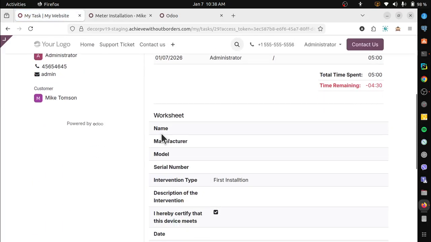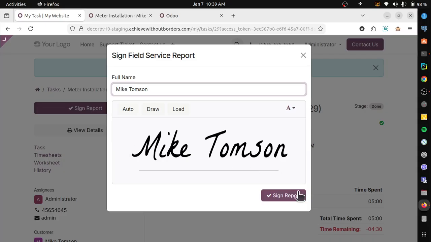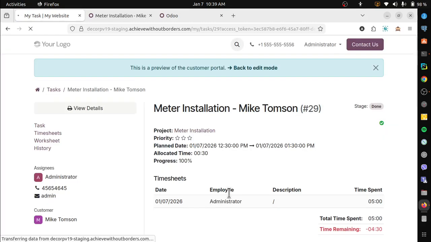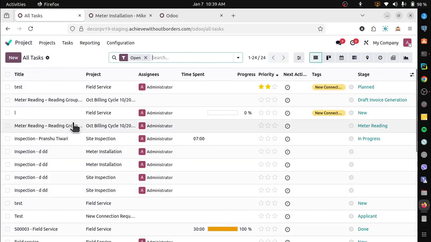So here is the total installation activity, all the details, and from here as well we can take a sign report from Mike Thompson. Once the customer signs it, it means we have a sign-off for the installation activity. Let me go back to the backend mode. Okay, so this task is also completed for the installation, and once installation is done, if we go back to the customer management,